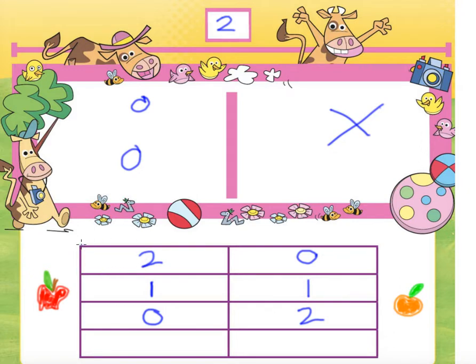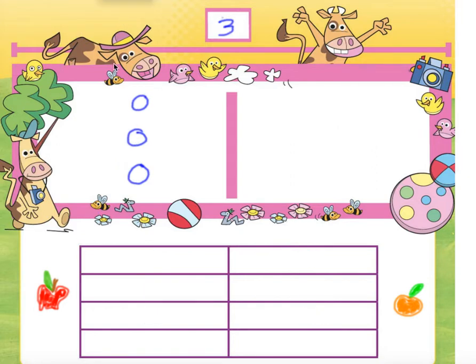So it's pretty simple, but we're going to do another practice one with a slightly bigger number because later on we're going to have to do this with the number 10. But don't worry, it'll be pretty fun. So hold on a second, let me get a bigger number. Okay, so now I have a bigger number. So instead of 2, we have 3. And let's say we're allowed 3 pieces of fruit to eat, because that's what mom and dad told us. So if we're allowed to eat 3 pieces of fruit,